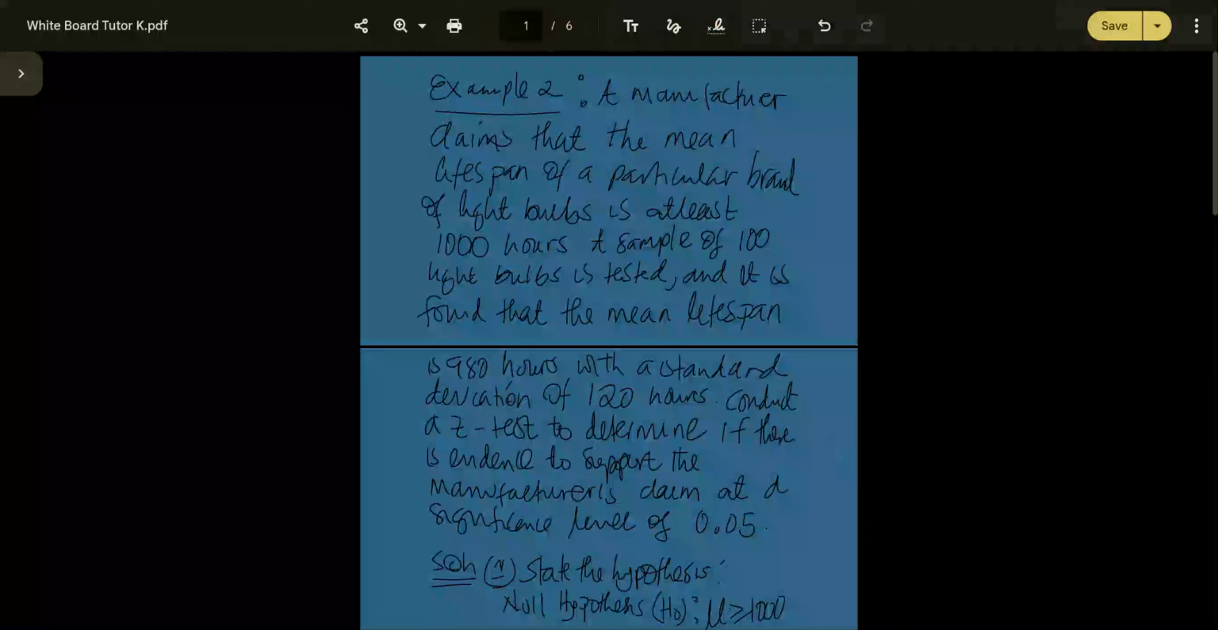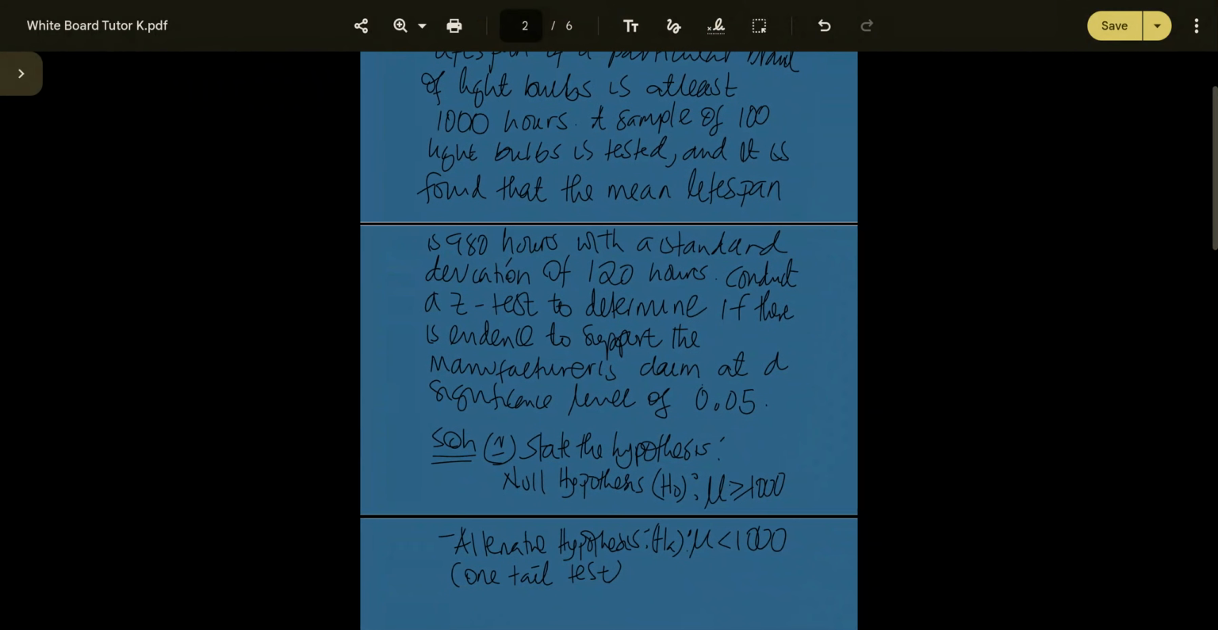A sample of 100 light bulbs is tested, and it is found that the mean lifespan is 980 hours with a standard deviation of 120 hours. Now the question says: conduct a Z test to determine if there is evidence to support the manufacturer's claim at a significance level of